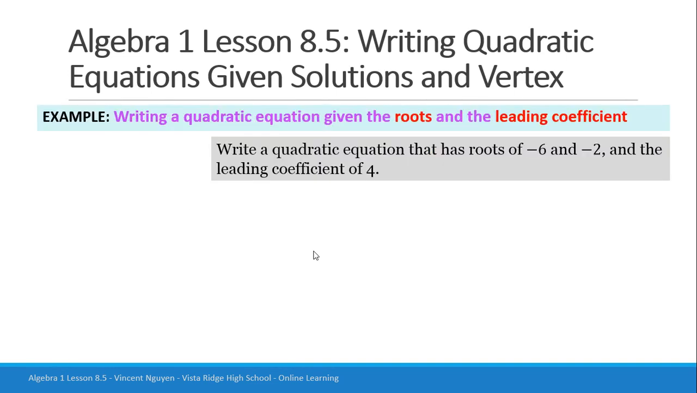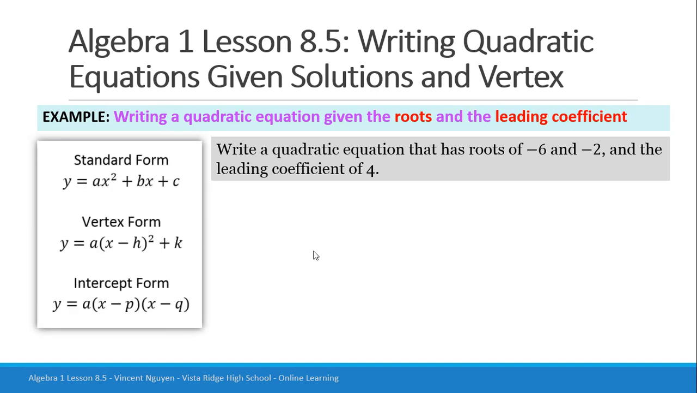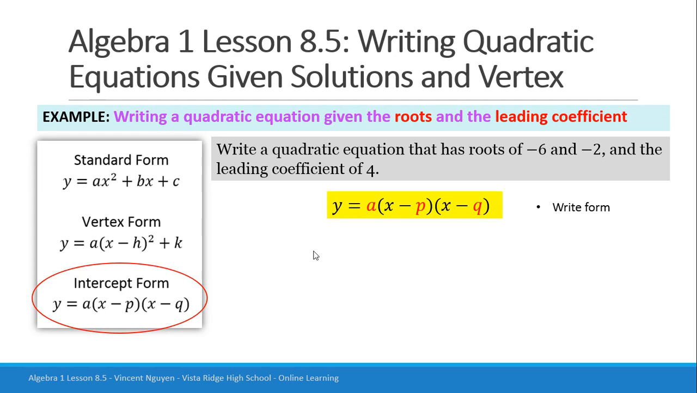So let's take a look at our first example. Here it says write a quadratic equation that has roots of -6 and -2 and a leading coefficient of 4. Now the leading coefficient is your a value. Okay, so in this problem they give it to you. And remember the roots also mean x-intercepts, right? So because it is x-intercept, we are going to use the intercept form to start with, right? So we're going to first write the form with our missing values, and then we're going to try to find these values